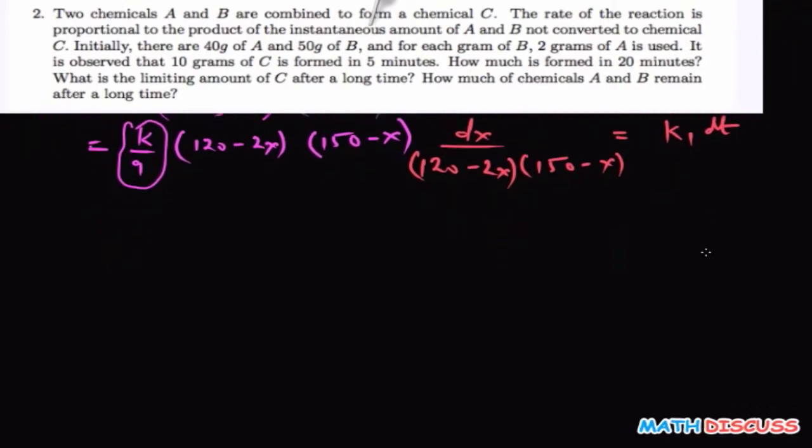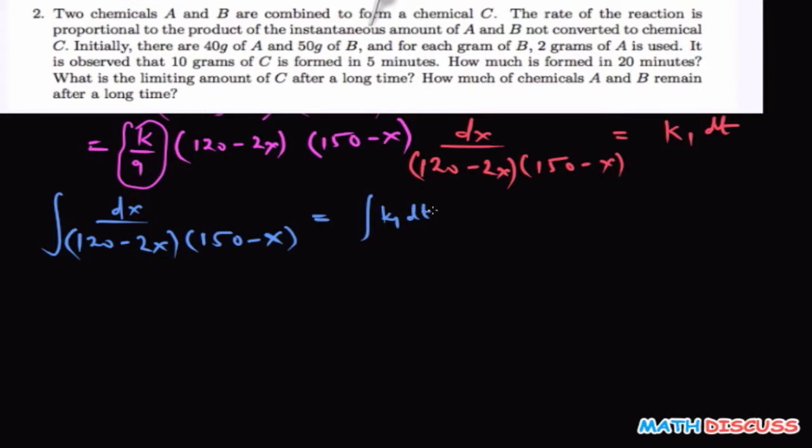Now let's solve this. So we integrate both sides. When integrating both sides, we have the integral of dx all over 120 minus 2x into 150 minus x equals the integral of k1 dt. Now to solve this, you need to resolve it into partial fractions. That is 1 all over 120 minus 2x into 150 minus x. You resolve that into partial fractions, and on resolving that into partial